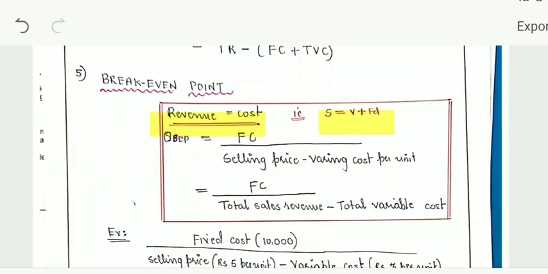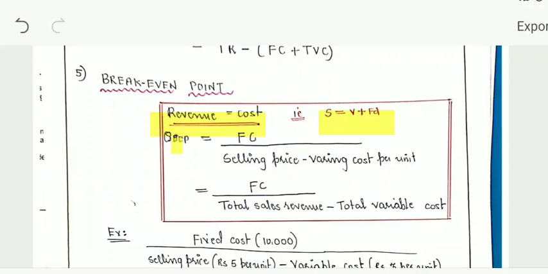Now you know the break even point, we consider this with respect to the selling cost and the variable cost, right? So how to understand that? We equate break even point. Thus, if you consider break even of your sales is equal to break even of your variable cost plus the fixed cost.